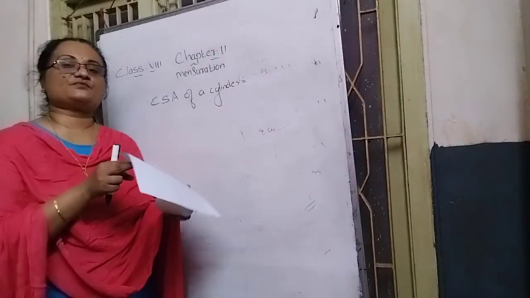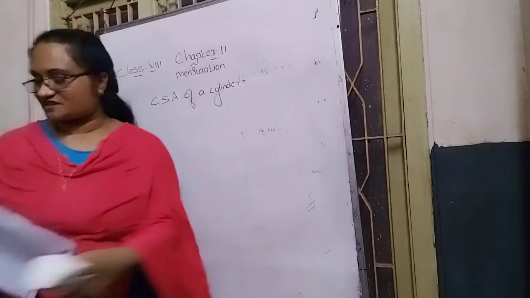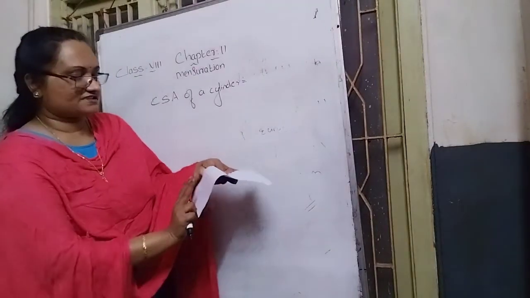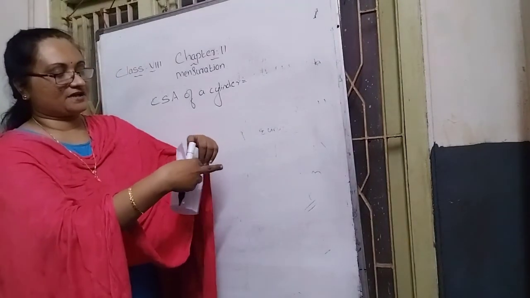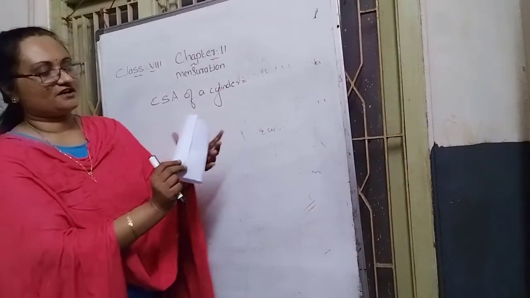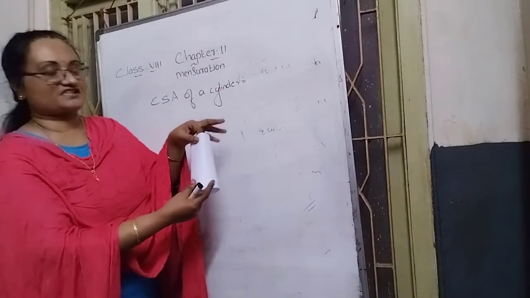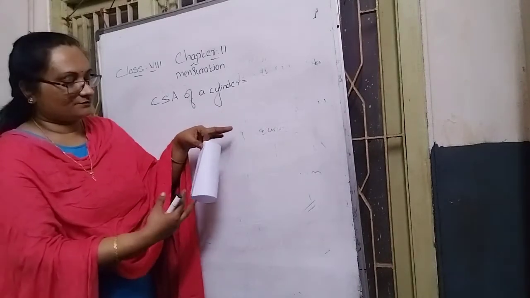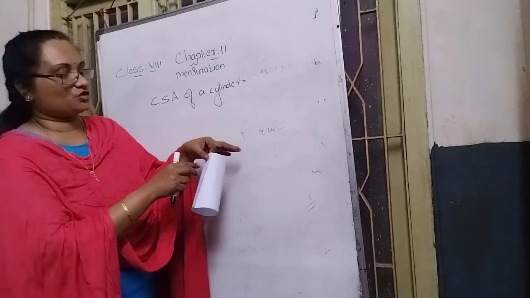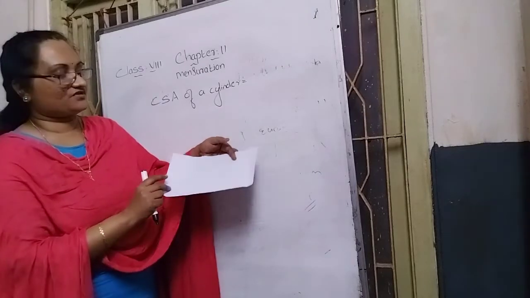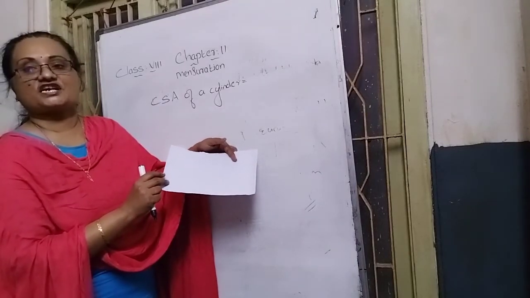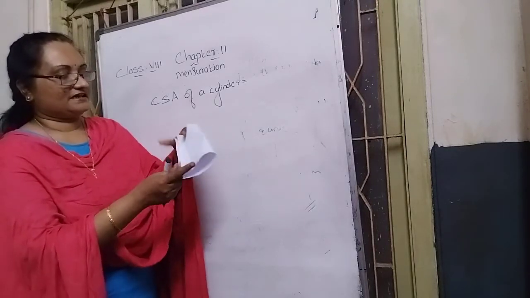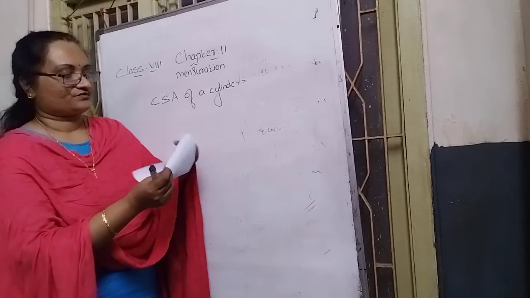When removing, which shape will come? One rectangle shape. Why will a rectangle shape come here? Because when rolling this rectangle paper, we get a cylinder shape. So when we cut straight and remove it, we get the rectangle shape. So what can we say here in the cylinder case?